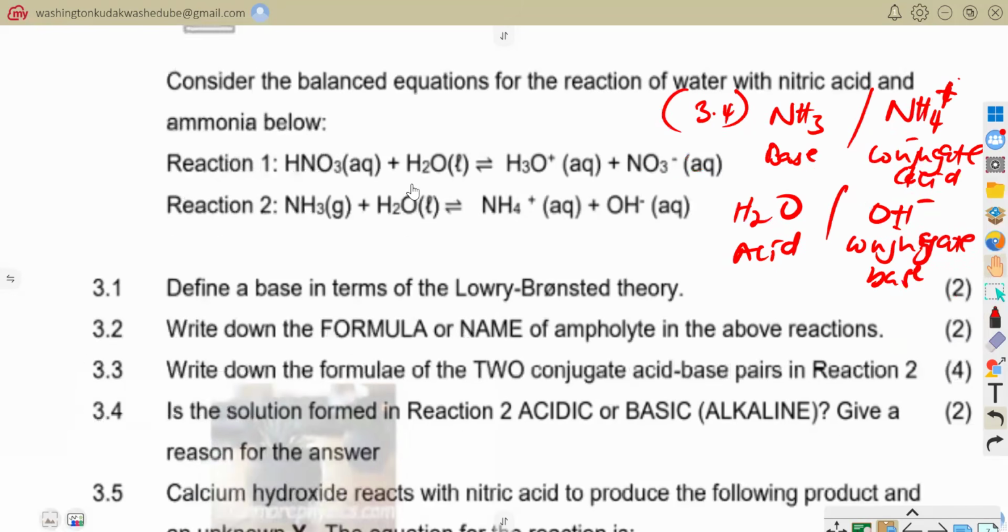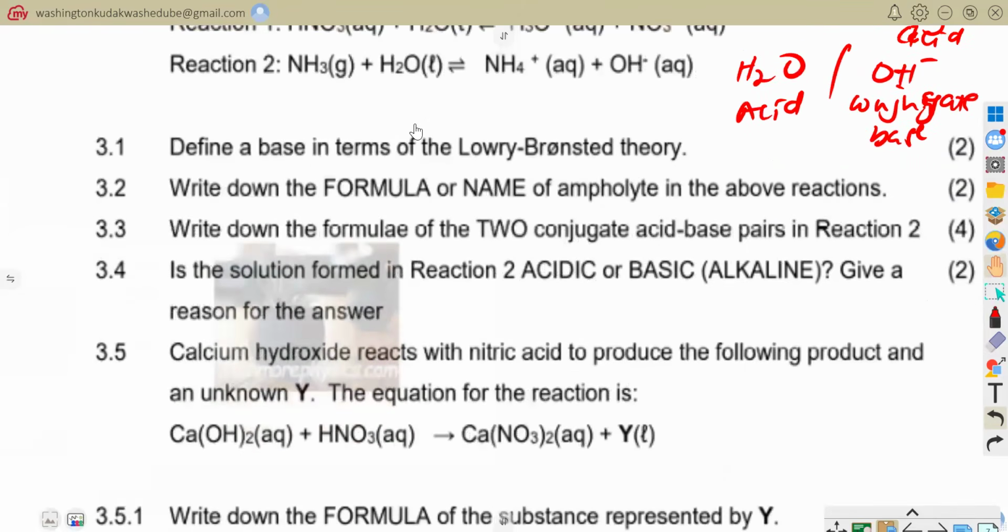Let's get to see. They're now saying, is the solution in reaction 2 acidic or basic or alkaline? Give a reason for your answer. Now, what's happening here? This is a base and it's reacting with water. And we know that water sometimes has a pH of 7. We usually take water as having a pH of 7. And then definitely you would see that at the end of the day, you are forming what? An OH minus. So according to Arrhenius,